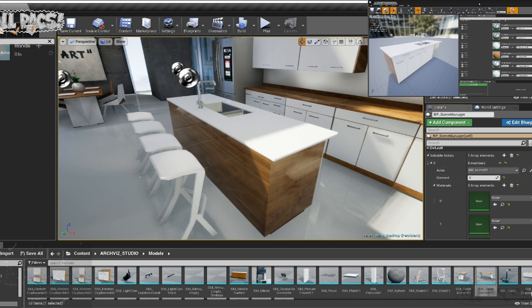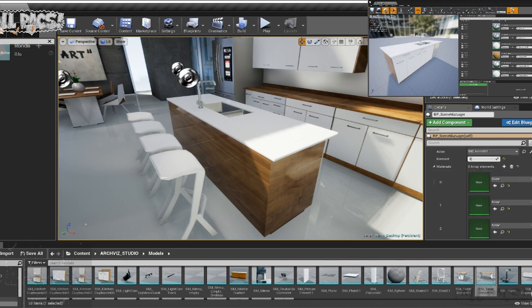As you can see up in that top right hand corner, we have that wood, this one here, and this is element 3. But element 2 is the white gloss, and that is the work surface, and that's what we want to change. So we can change this to affect element 2,